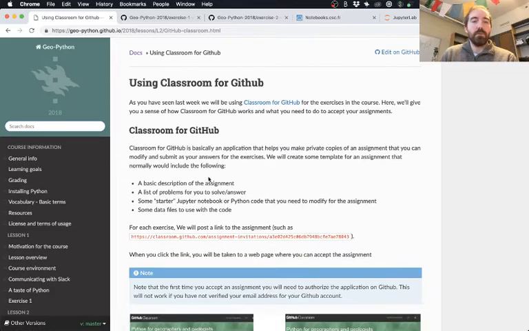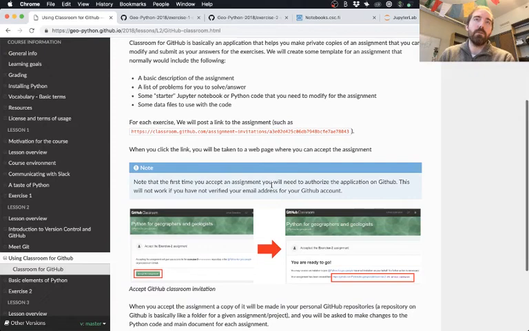And just a quick word about Classroom for GitHub. The exercises for the class go through this thing called Classroom for GitHub. I think everybody's been there and done that at this point. The key idea with the classroom system is we start out with a starting repository for the exercise, some example thing that you're going to work with.